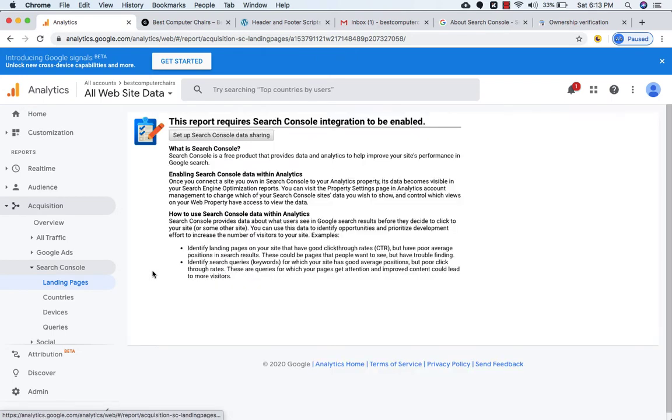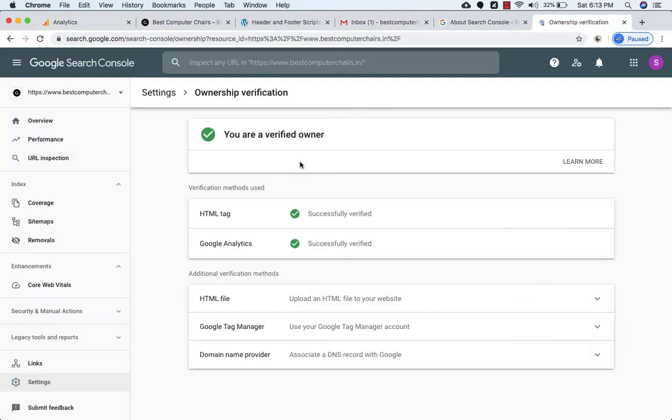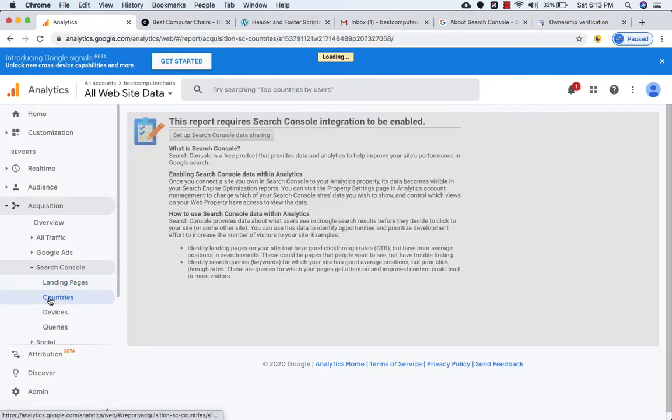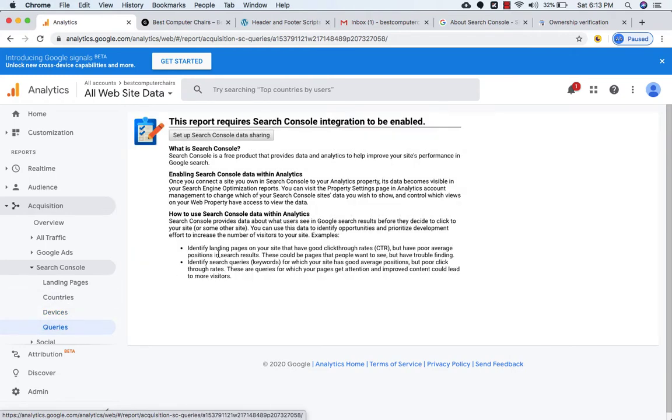So here you can see there is no data because we have still not linked our Search Console to our Google Analytics account. So if you click on any option, you will not find the data. If you click on queries, you will not find the data. So you can set up your Search Console data sharing from here, but there is one more option where you